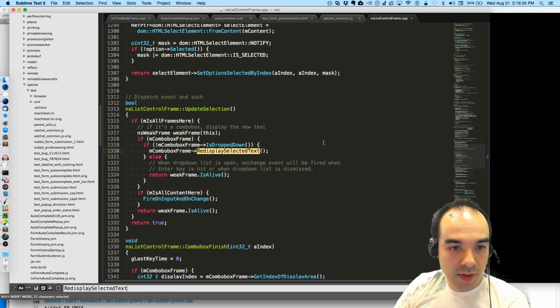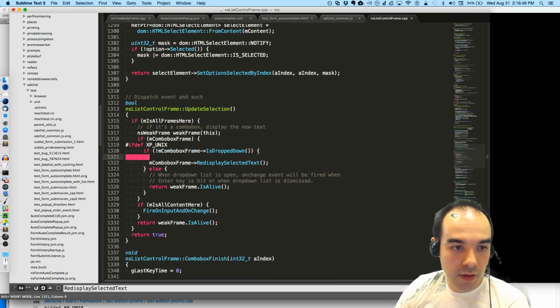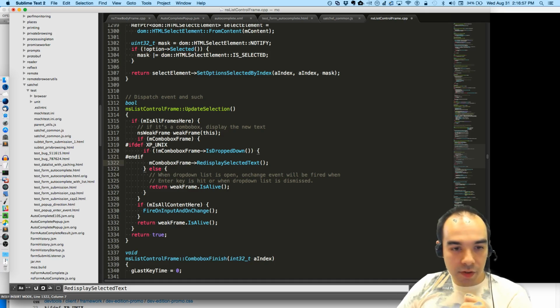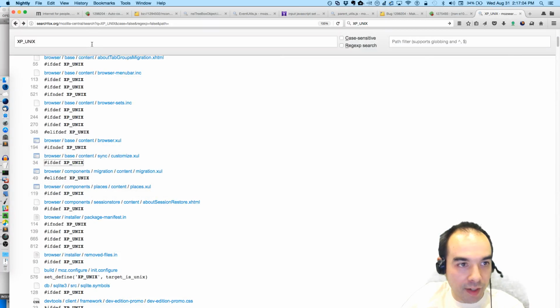I want to do this if we only want to do this check on not drop down, ifdef XP_UNIX. How best to do this? Because then we have this else condition. Let's see what other techniques there are.